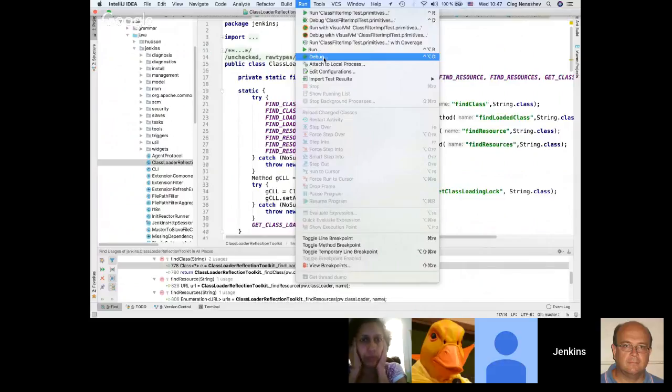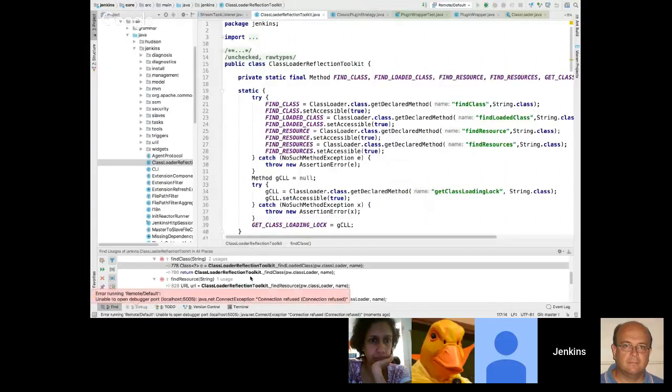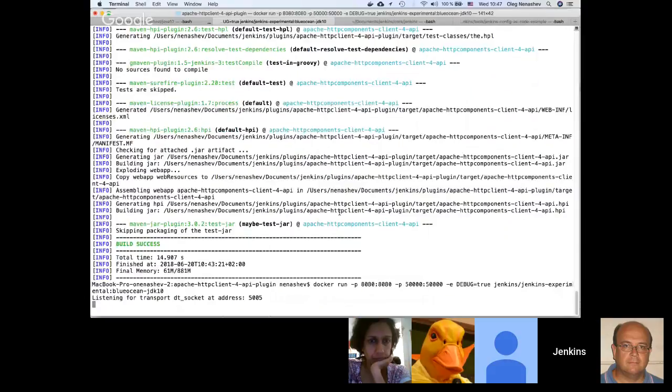Okay. I can just show it if you want. Remote default: connection refused because I didn't expose the port. -p.